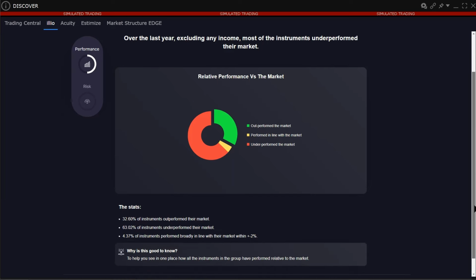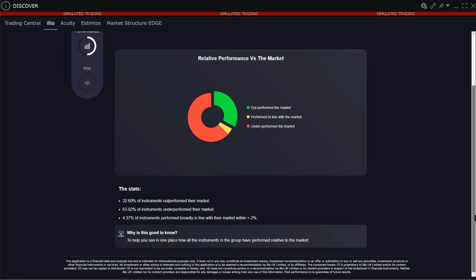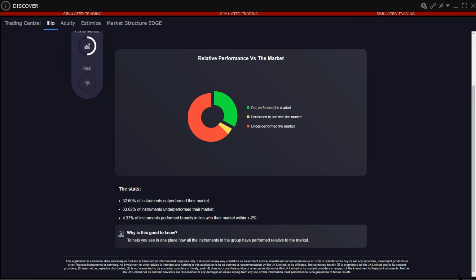Underneath the chart is a breakdown of the percentage of the overall 500 US stocks in the S&P 500 that fall into each of those 3 categories. At the bottom of the page is a blurb on why this information is useful. In this case, the investor can see how all the instruments in the group have performed relative to the market